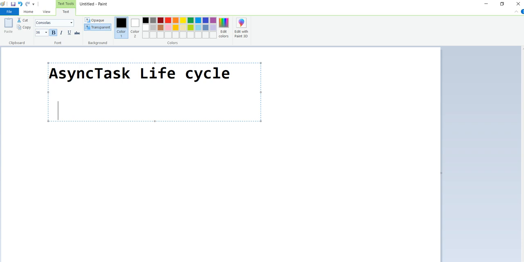So first of all, there are four implemented methods in this.